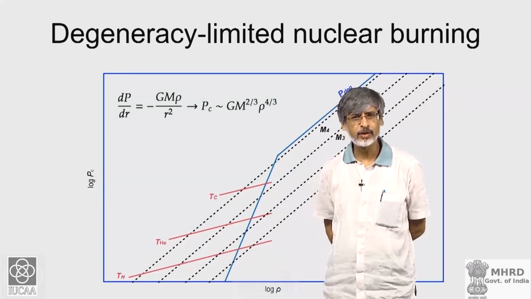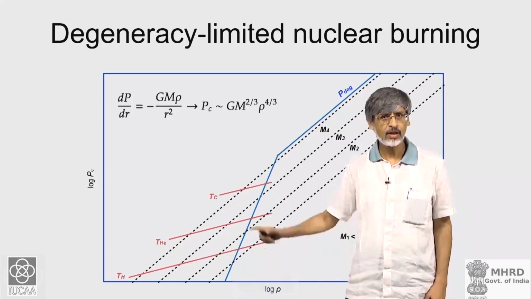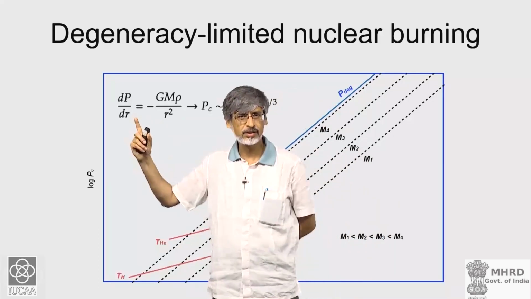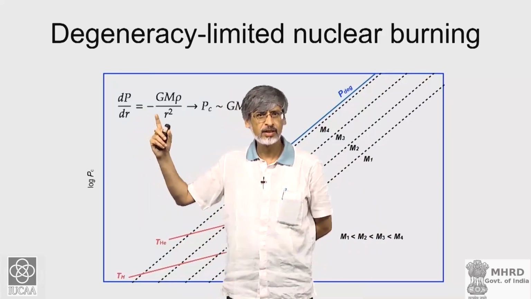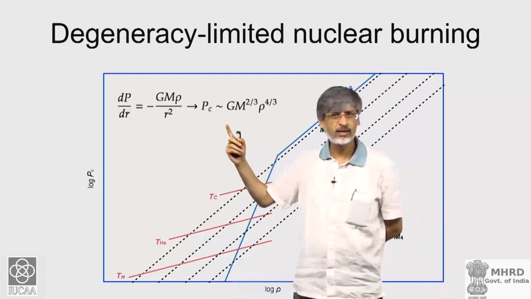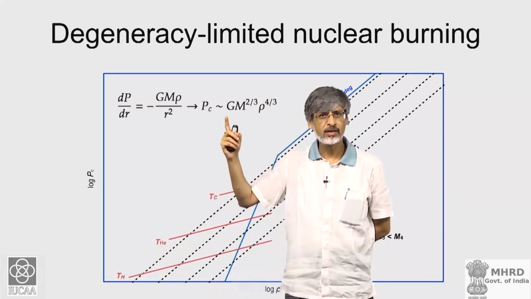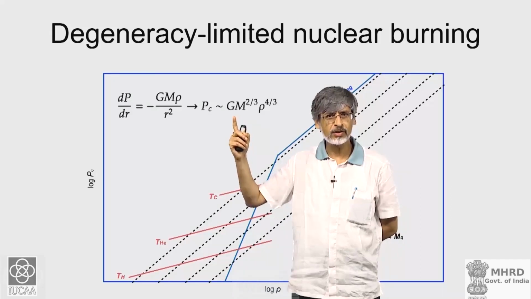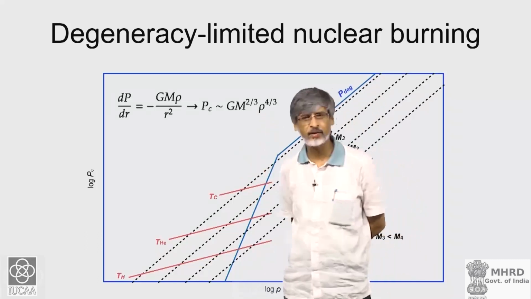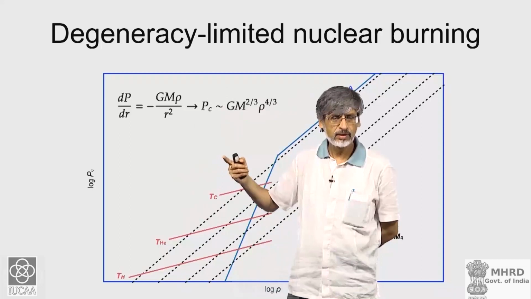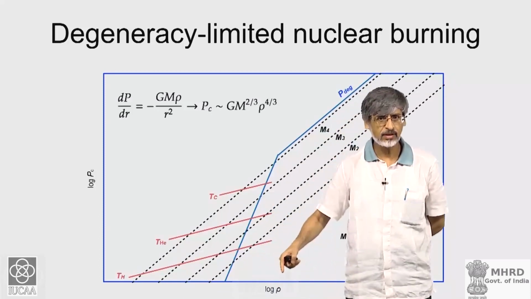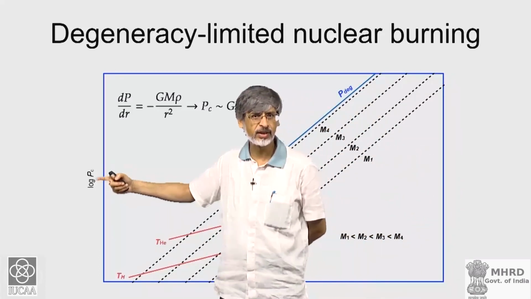The stellar hydrostatic equilibrium, as we have said in the Newtonian case, is described by the equation dP/dr equals minus G M rho over r squared. We can write this approximately as the central pressure equal to the gravitational constant times the 2/3 power of the total mass of the star and the 4/3 power of the average density of the star. In a diagram where I plot logarithm of density on the horizontal axis and logarithm of pressure on the vertical axis,